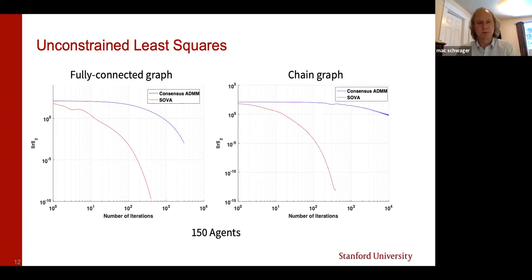And convergence rate is important because what I'm proposing to do here is to solve these optimization problems in an online fashion, either for path planning or for online estimation, state estimation. Right, so you want to solve your optimization problem quickly in your network by communicating, and then you get a new crop of data and you solve your optimization quickly online.